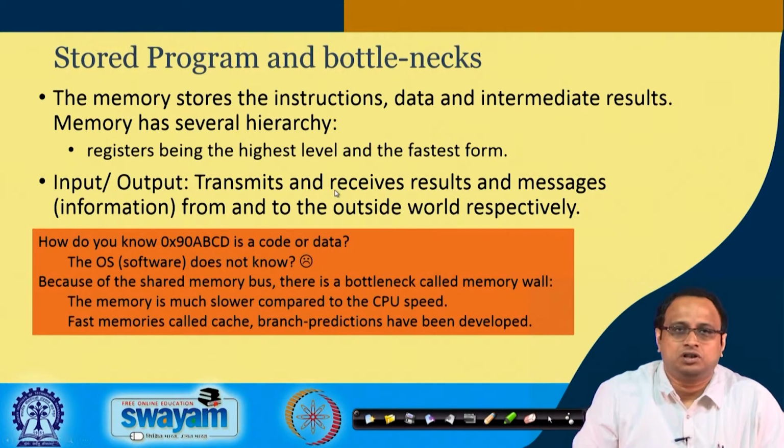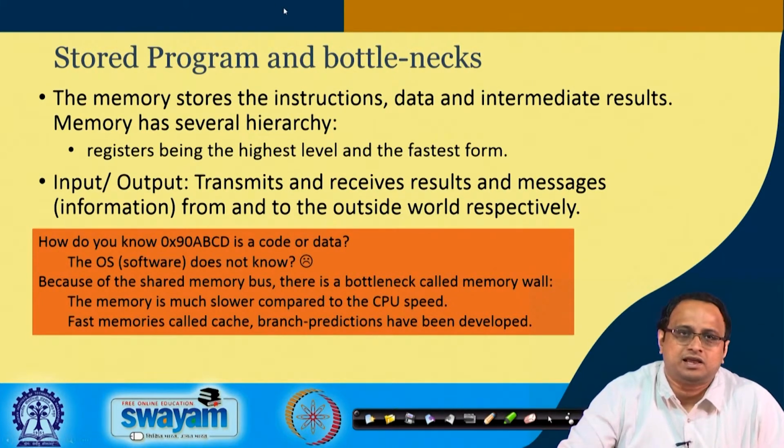However, there are several bottlenecks of the von Neumann architecture. This bottleneck arises because both data as well as code reside in memory, and therefore, how do you know whether 0x90ABCD, for example, which is a funny looking number, is code or data? Now the operating system, or the OS, essentially has no way to distinguish whether it's code or data,